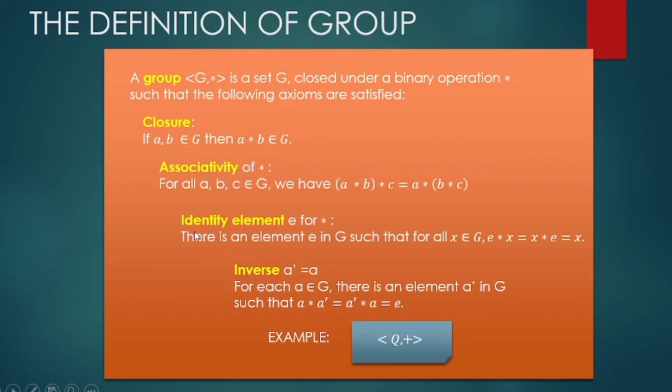Okay, third, for identity, the identity element is 0 because the identity element under addition is 0, and 0 is a rational number. Last, for inverse, A equal to minus A. Minus A is a rational number. So, you can say that this set of rational numbers under addition is a group because it satisfies all the